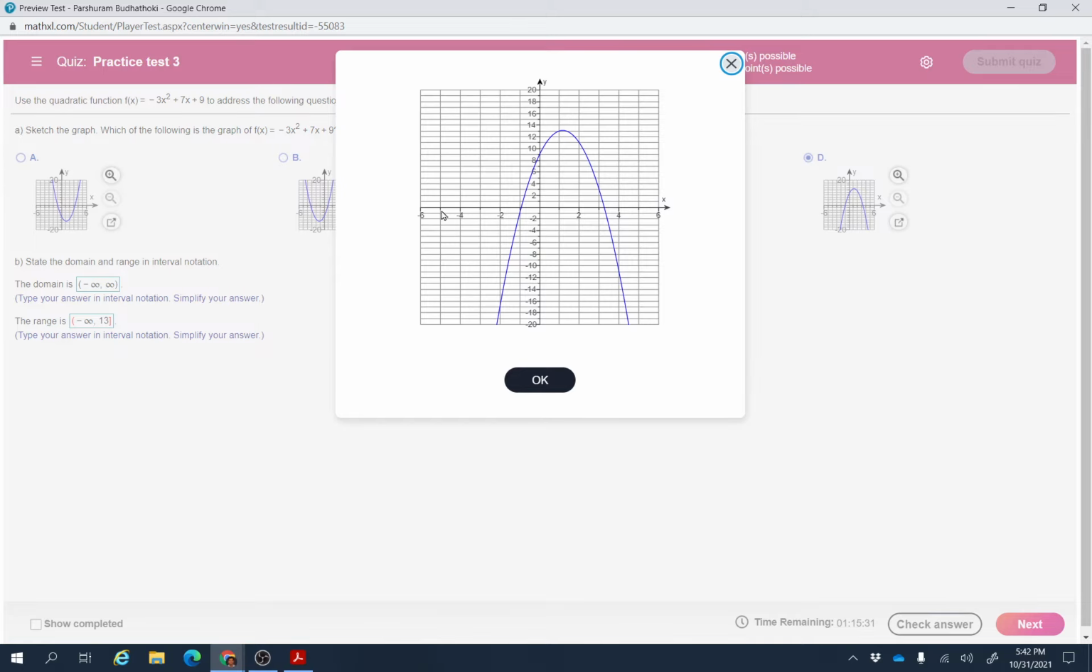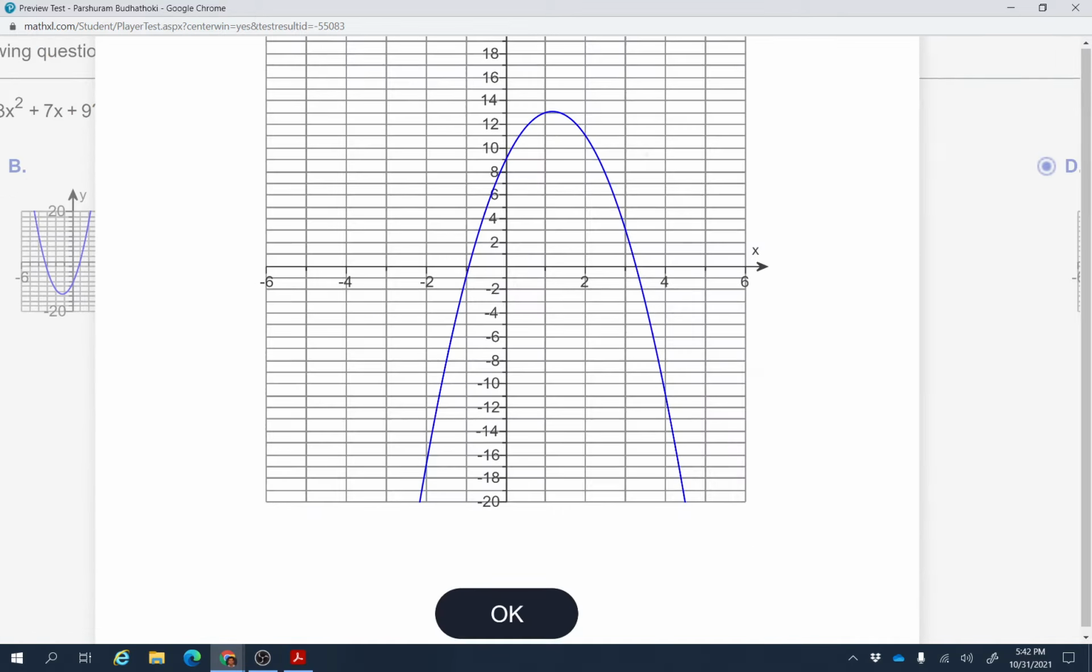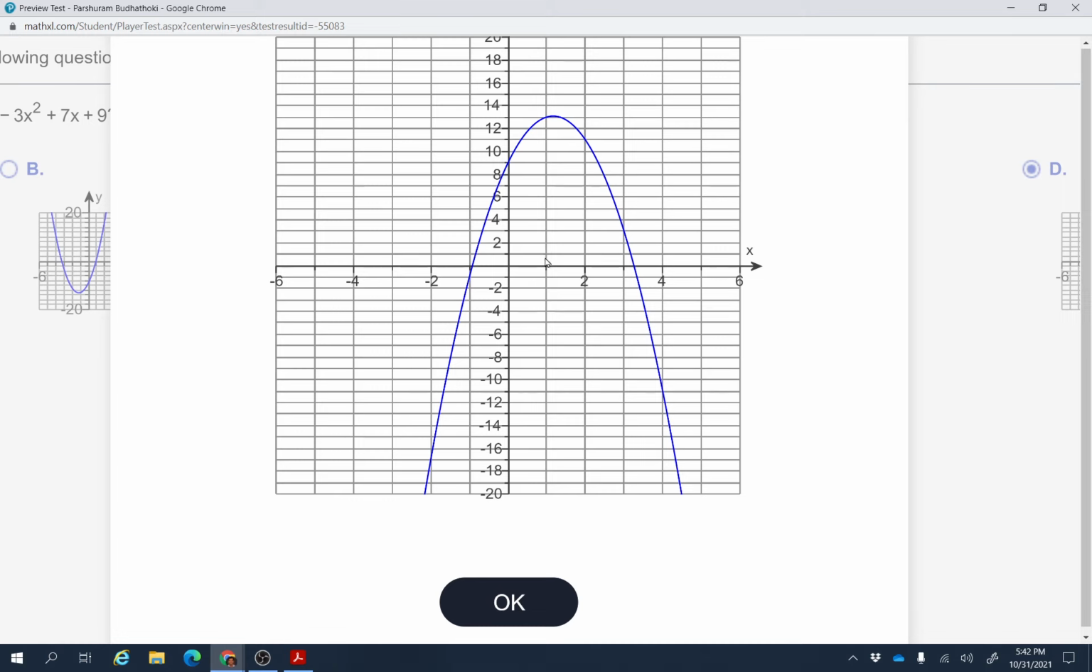The domain is all real numbers, and then the range is, if you just focus on here, this is the maximum point, and what is the maximum point? That is 12, and then that is 13. So the range is from negative infinity. Here you don't have negative infinity, they are giving you negative 20 to positive